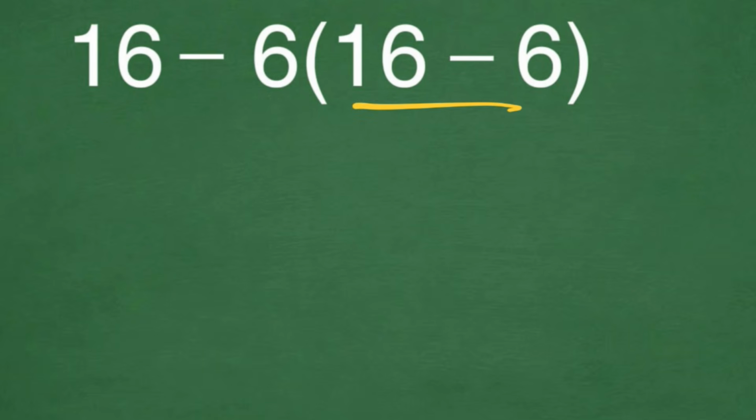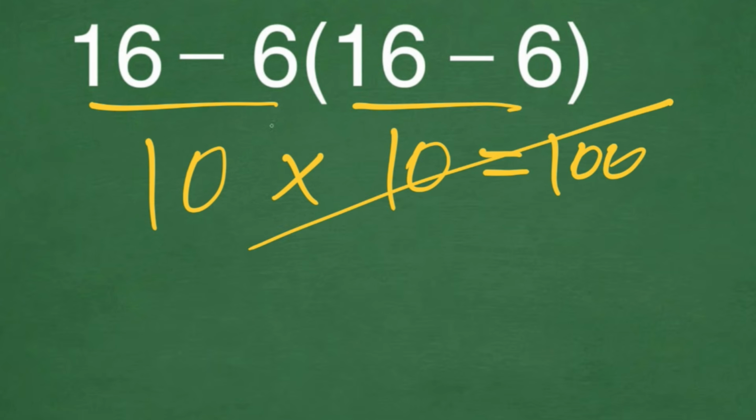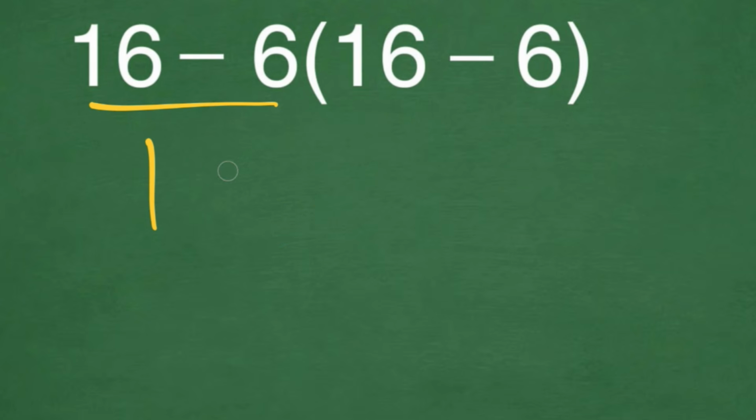16 minus 6 gives us 10. And again, here we have 16 minus 6, which again gives us 10. And 10 times 10 is equal to 100. But this answer is not correct, because according to the order of operations, PEMDAS,